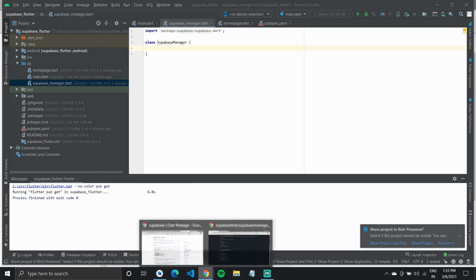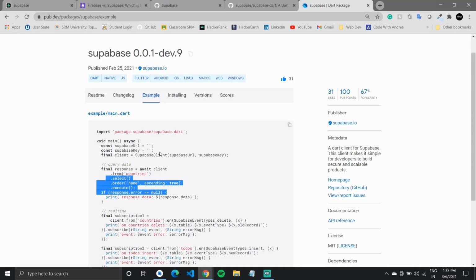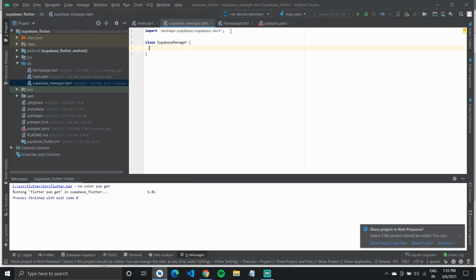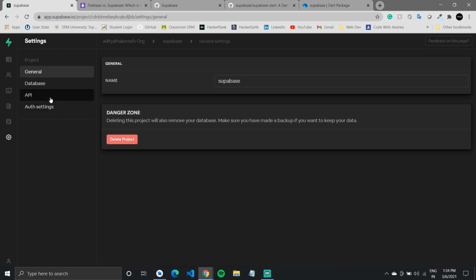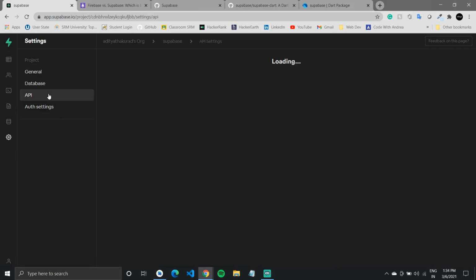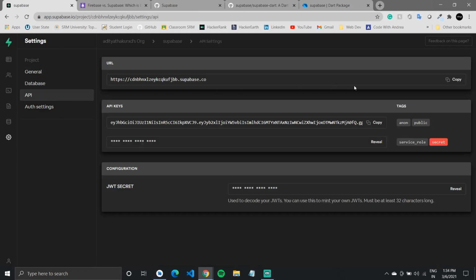Let me give it the constants. How to get this URL and key: I'll go over to my database, go over to settings. I need my API, and this is my URL.